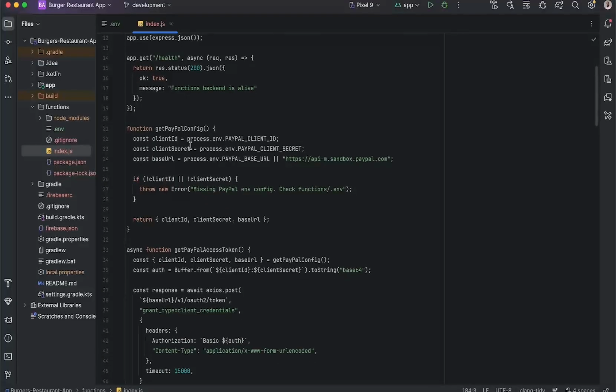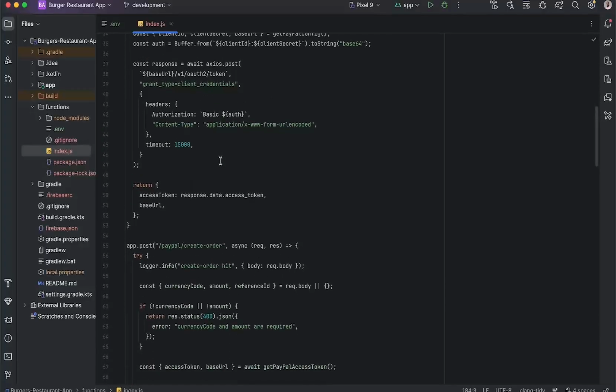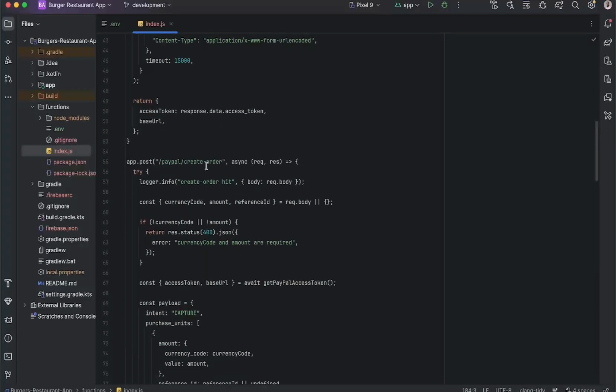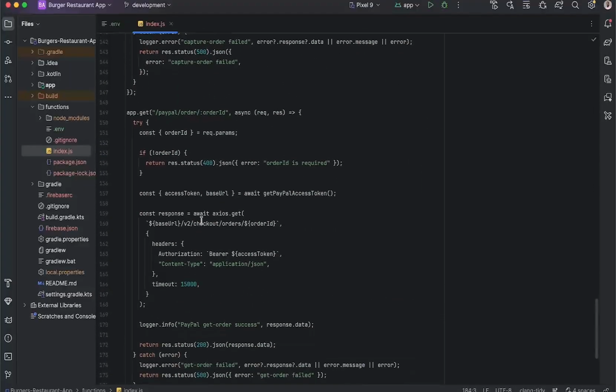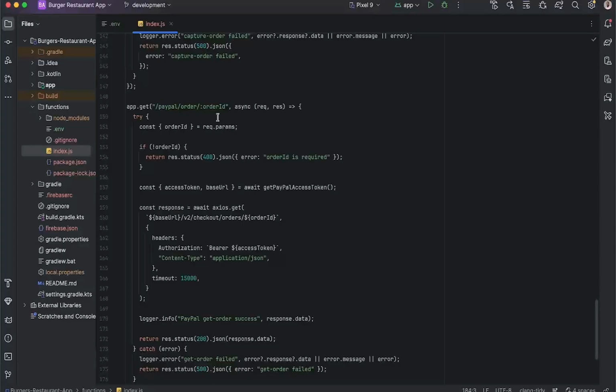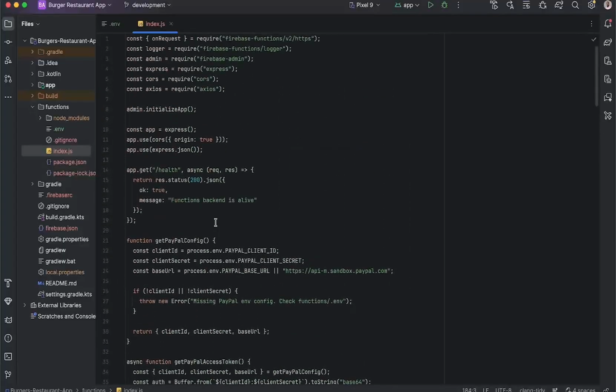Here, through this PayPal config, we reach our client ID, the client secret, and the base URL. Then we get our access token, which the Firebase admin uses to establish that connection. Then also our create order function and our capture order function. Finally we have our order ID, to make sure that the ID is created once the payment is confirmed by the user. Okay, so now that we've added these two, everything we need on that, we can now deploy